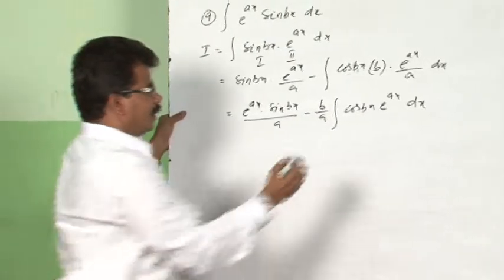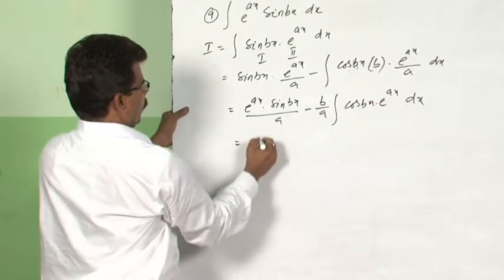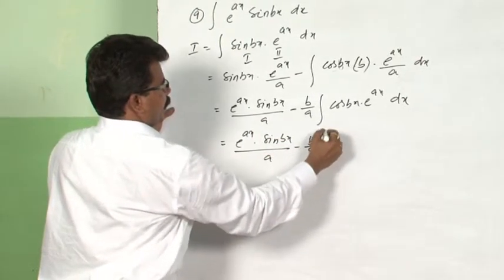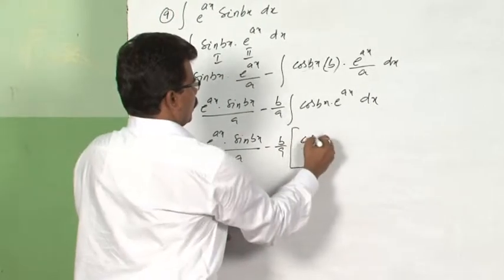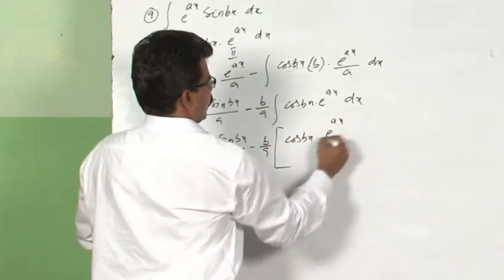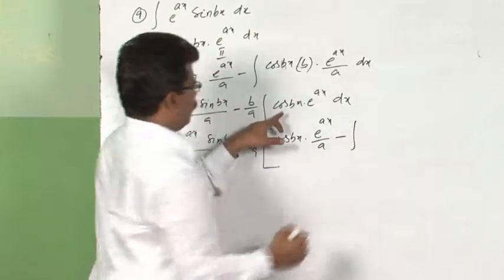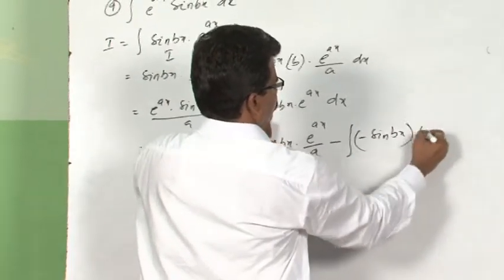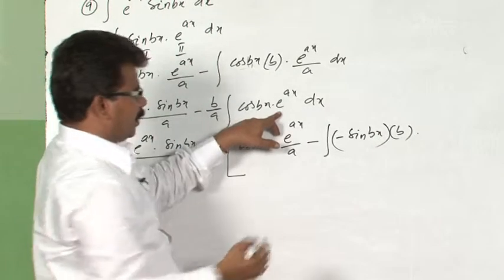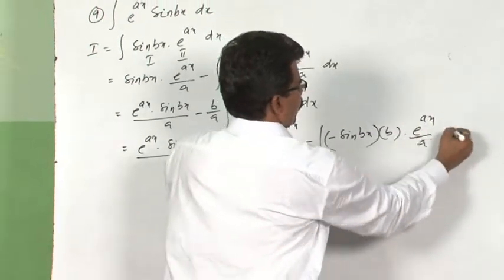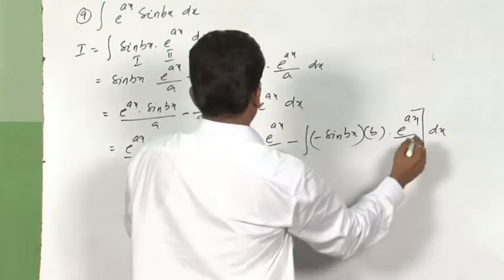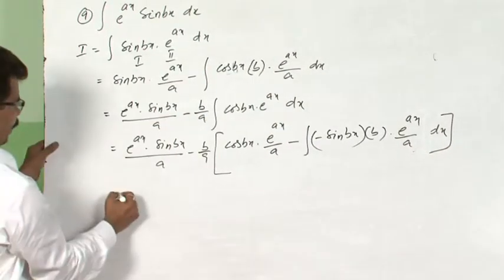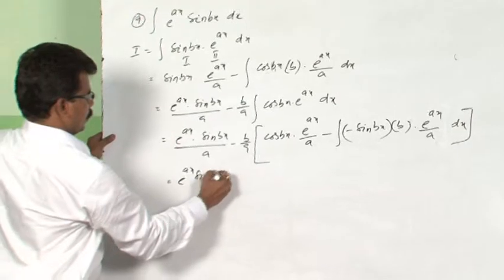That means again the function is in the form of u into v. We will continue: e power ax sin bx whole divided by a, minus b by a, again first function integration of second function, minus integral derivative of first function, cos bx derivative is minus sin bx into b, into integration of second function, e power ax by a dx. Now, if you simplify, e power ax sin bx whole divided by a